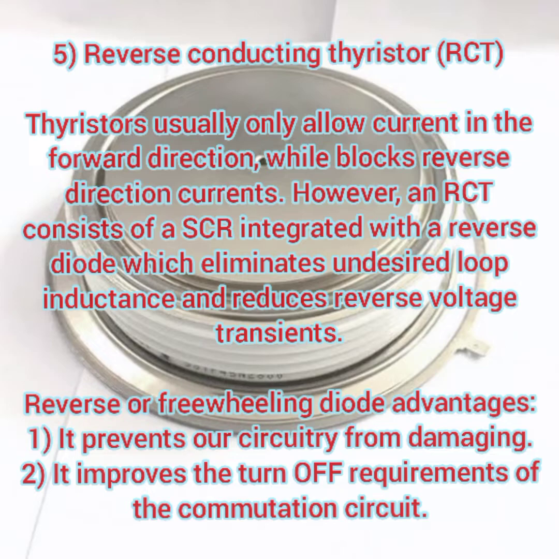Normally, the thyristor, in the sense, converts the AC to DC. So the thyristor usually allows a current in a forward direction while blocking the reverse direction current. However, an RCT consists of an SCR integrated with a reverse diode, which eliminates an undesired loop inductance and reduces a reverse voltage transient. So the freewheeling diode, or the reverse conducting diode, is placed in parallel with the RCT circuits. So whenever